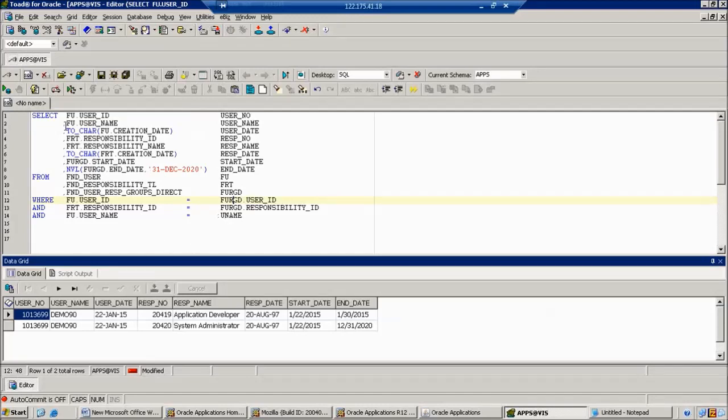You should always use the commas at the start of the column name and at the start of the table name. You should always use alias names which are related to our table. Don't use your own aliases, such as F&D user A, F&D responsibility B. Don't use that, because that terminology only you can understand. Other people do not understand.